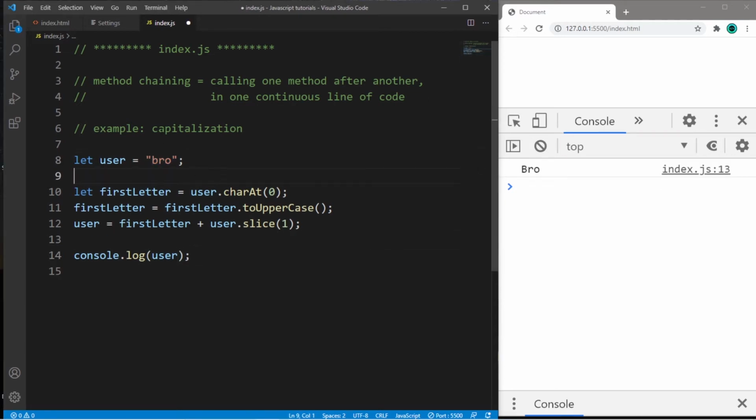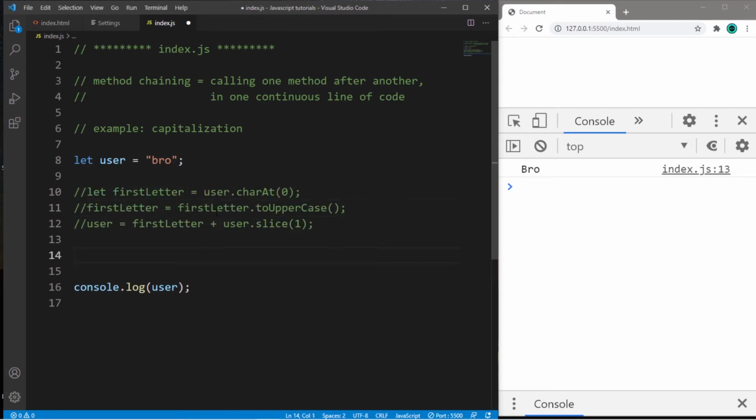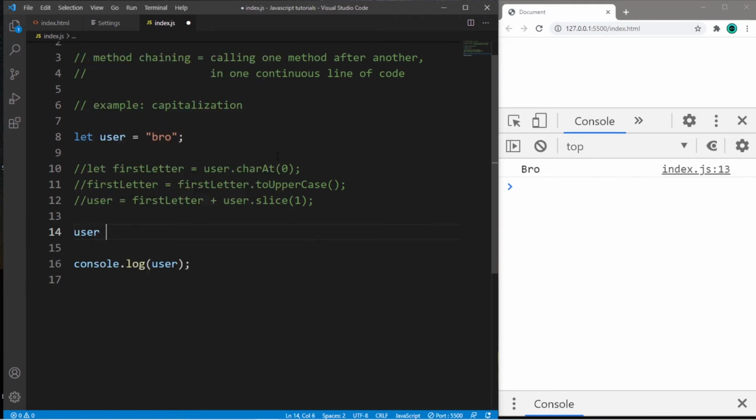Now let's do the same thing but use method chaining. This will take fewer lines of code. It's going to be one continuous line of code. So let me turn these lines into comments, and we'll mostly follow the same steps as before. We are going to assign user equals, now we need the character at index 0, user.charAt(0). Now with method chaining, we will follow this method call with .toUpperCase(). And we need to add that slice, starting at index 1 and everything after it, plus